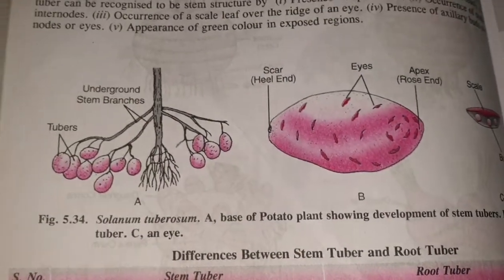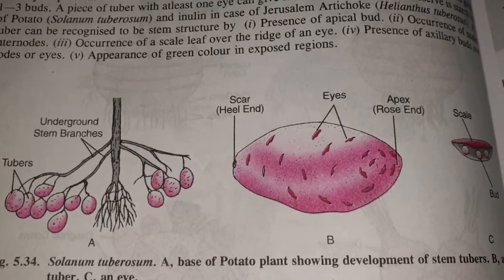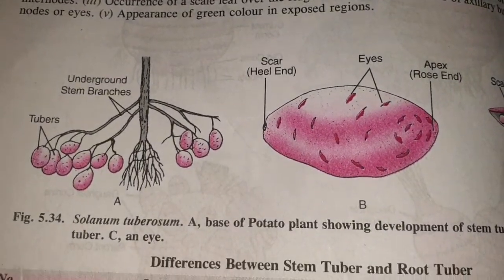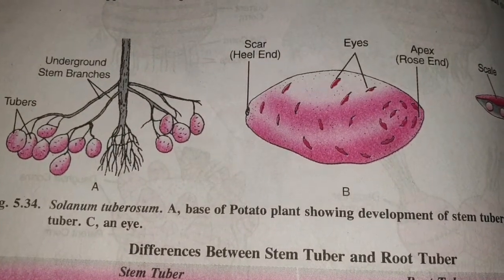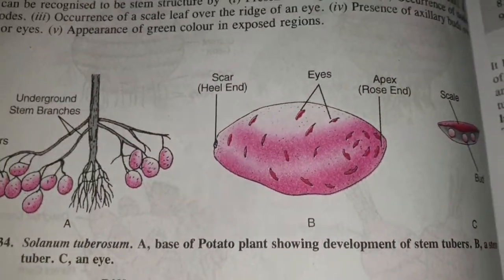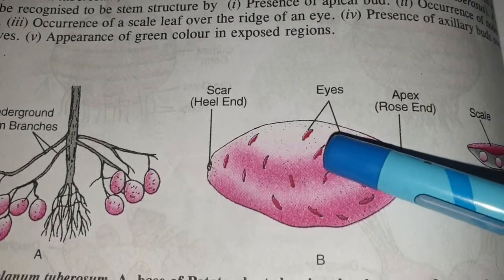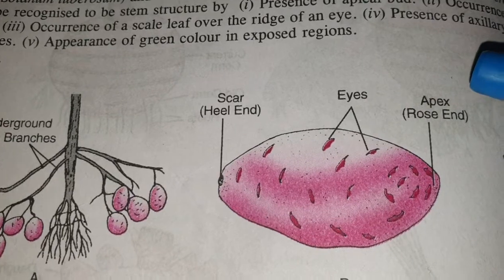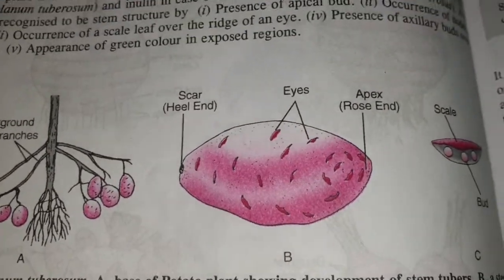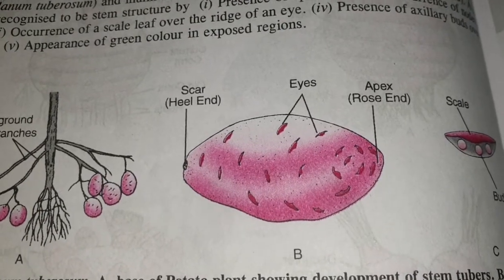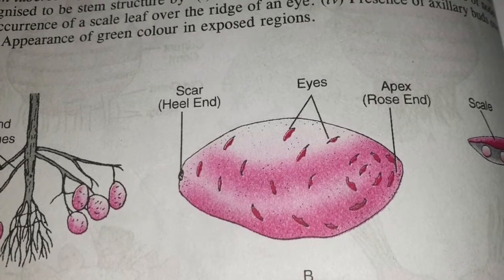Then the next one is the stem tuber. Stem tuber example we get in case of potatoes. Okay, these are underground swollen stems which do not bear any adventitious roots, but they have some small depressions which are called the eyes. As you can see in the diagram, labeling is there. These depressions are called the eyes. Now this is an underground stem modification, whereas earlier we had sweet potato, which is a root modification.